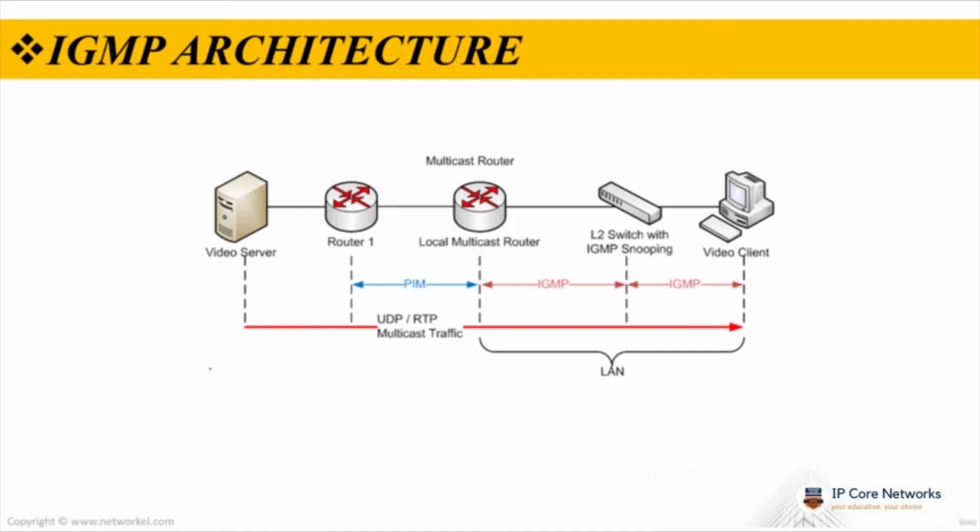IGMP operates on the network layer, just the same as other network management protocols like ICMP. The IGMP protocol is implemented on a particular host and within a router. A host requests membership to a group through its local router, while a router listens for these requests and periodically